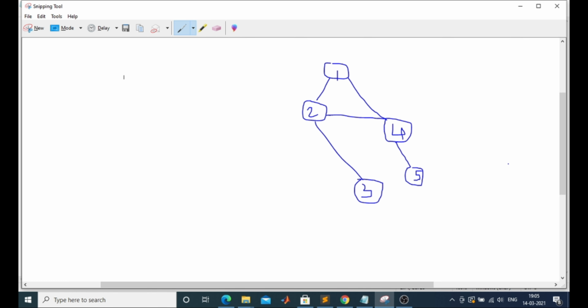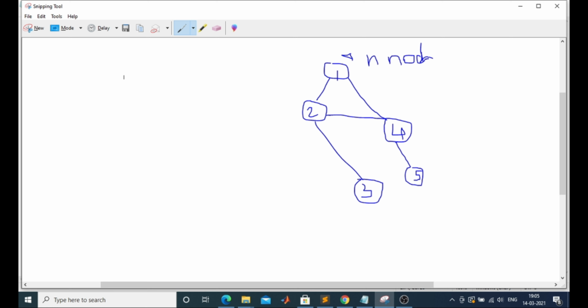Okay, so this is the graph we have taken. Now, in an adjacency matrix, suppose we have n nodes here. So we will construct an n cross n matrix.